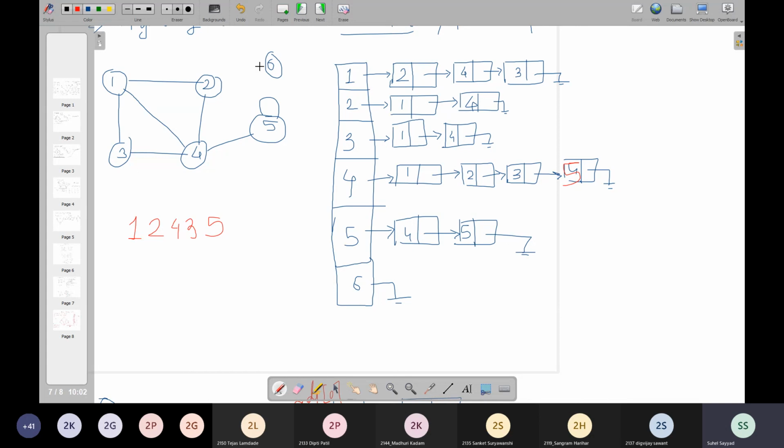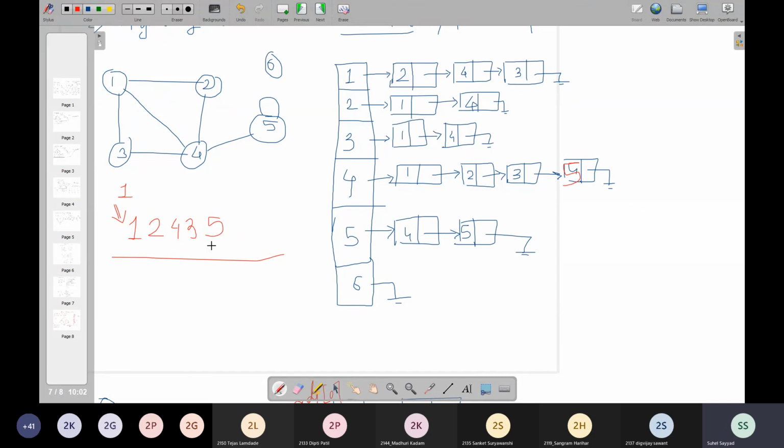See, my dear students, I am not visiting 6 over here because it is not possible to traverse to 6 from 1. This traversal is from 1 because the starting vertex given was 1. So it is not the case that all vertices will be visited and explored. No. If a particular vertex is isolated or if my graph is unconnected, I cannot go from one part of my graph to another part using traversal. So those vertices will not come in my traversal. Our objective is not to print everything. Don't make that mistake.